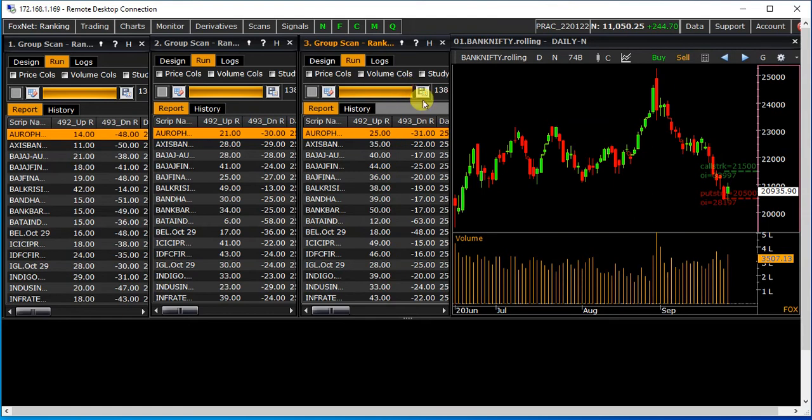Okay, now if you want to arrange the ranking in a particular scan, just click on the column name, so you can arrange the ranking in ascending and descending order like this.